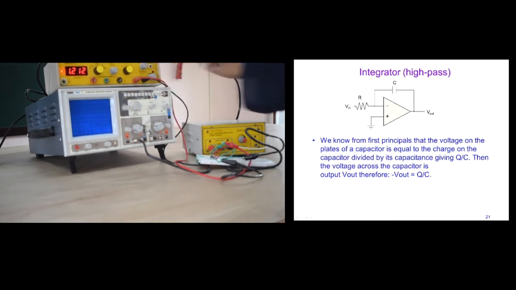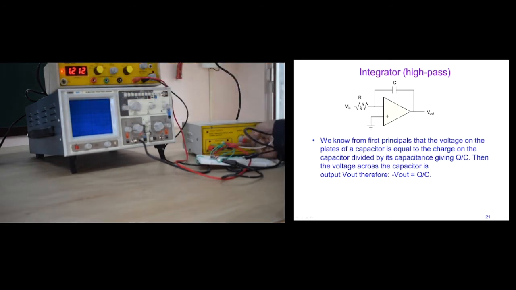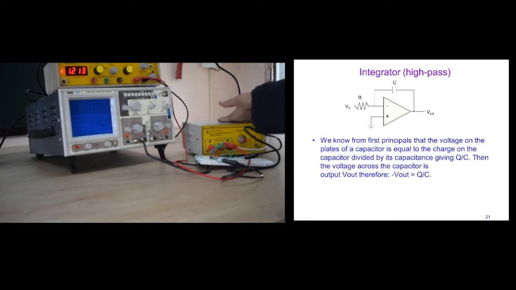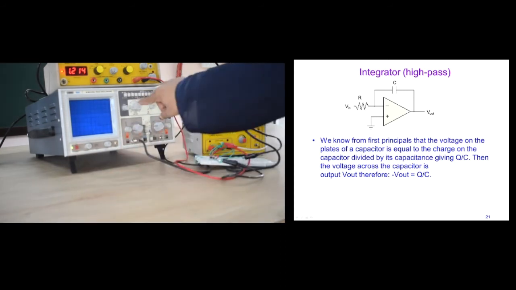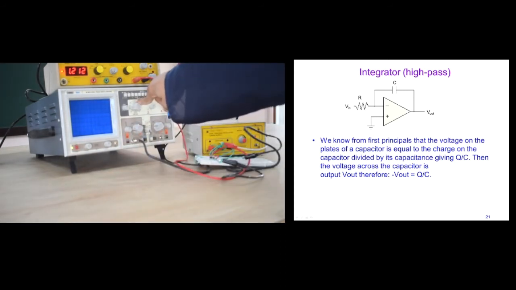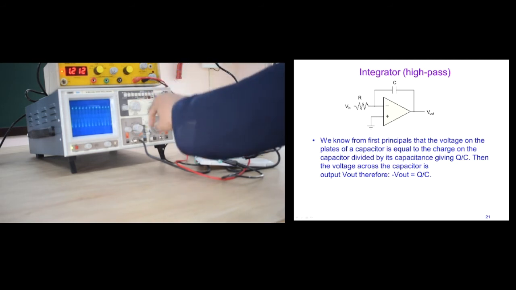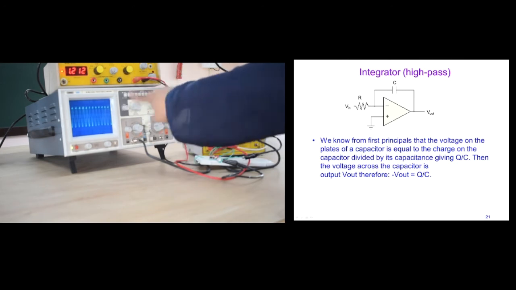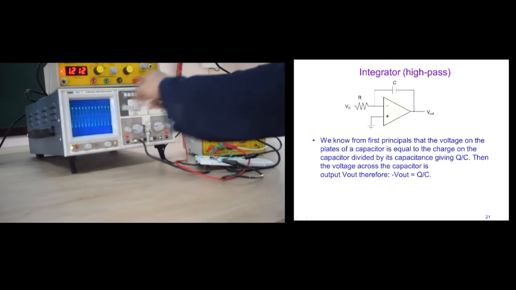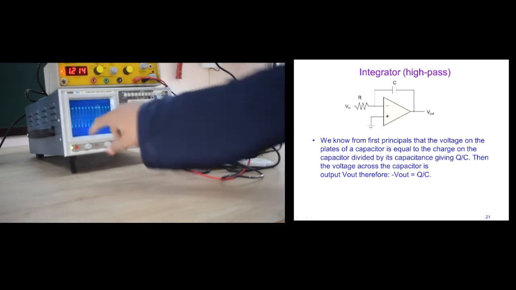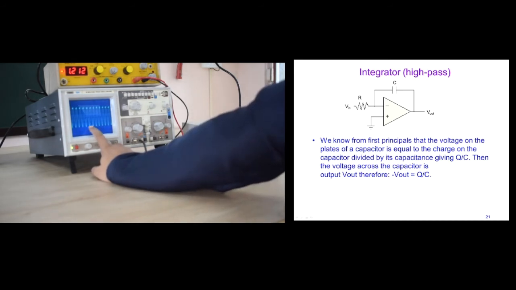We will set the frequency to 1 kHz. We will first minimize the voltage of the dual power supply before running it, so that if any mismatch or anything happens we will be able to observe it. Then we will make it full, that is 15 volts. Then we will turn on the CRO, set the time per division knob to 1 millisecond and the voltage to 2 volts per division, and as you can observe, the triangular waveform on the screen shows the charging and discharging of the capacitor. This is the integrator output